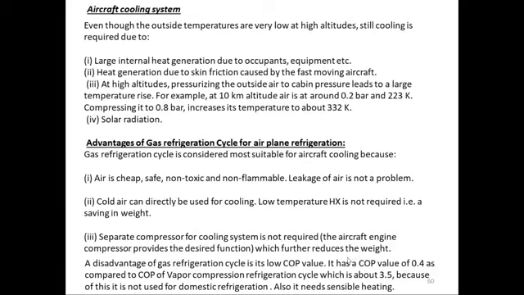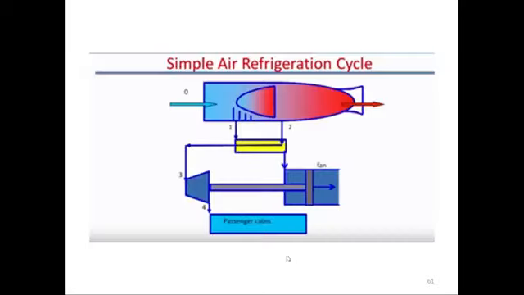So that's why we cannot use it in the domestic application, but we can use it in the aircraft. Next screen is the refrigerating process in the aircraft: the simple air refrigeration cycle for the aircraft. How does it work? As you can see, outside air is coming in at point 0, which is at